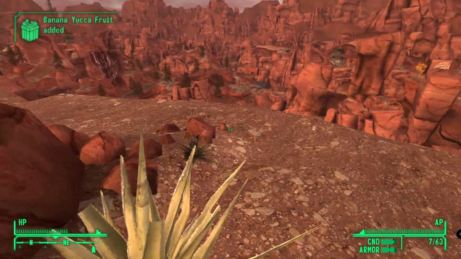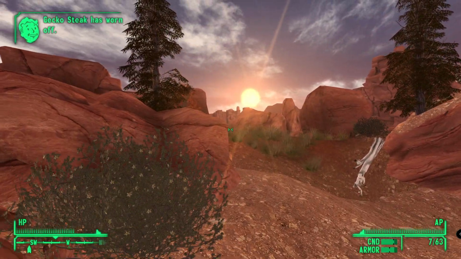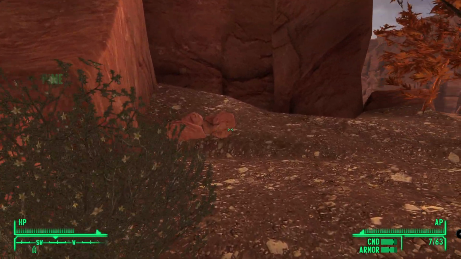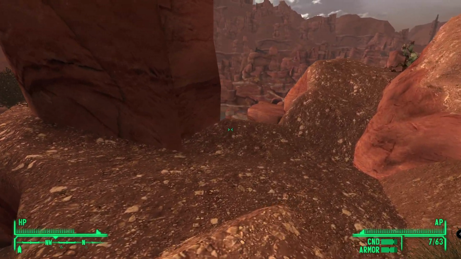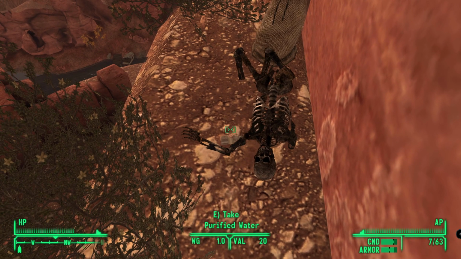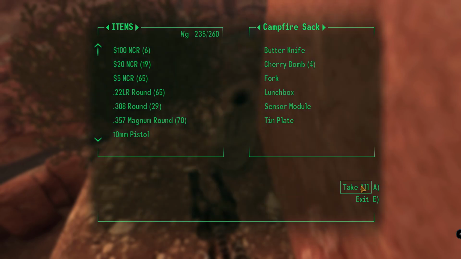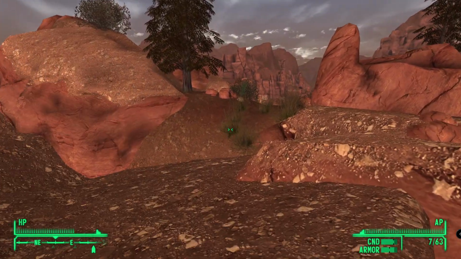I'm glad that I had the cowboy repeater. Oh yeah, wow. Oh, nice with the sun. The spine. Xander root. There is a duffel bag over there. Oh! And a traveler with clean water. Campfire sack, butter knife, cherry bombs, fork, lunchbox, sensor module. Well, I guess that guy got trapped here by the...